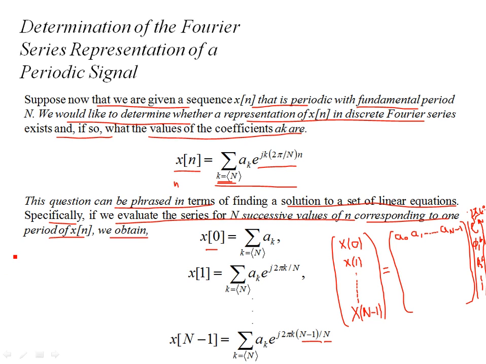We can write this again. So let me put this over here. So if you write these equations, x0 is a0 plus a1 plus dot dot dot plus an minus 1, then x1 is written as, since n is 1, you just consider that n over here is 1 in this summation. So this again starts with a0 plus a1